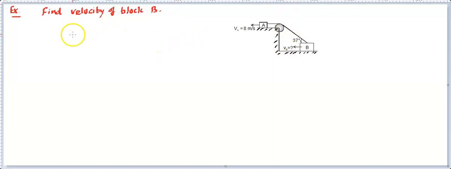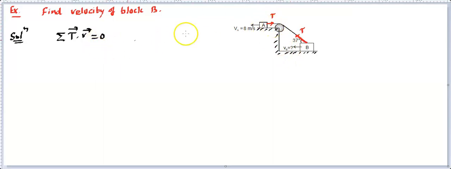So I'm going to use the second method that we just learned. How is the solution going to go? For this solution, you need to say summation of T dot v must be equal to 0, and this has to be applied for the two blocks, block A as well as block B. Next we need to find the tension. Tension is along this string, so this string will be pulling it, so that's the tension. Since this is the same string, tension remains the same, so here also it is going to be tension T. Tension always acts along the string, and that's the pulling. So these are the tensions, these are the velocities, and we can go ahead now.